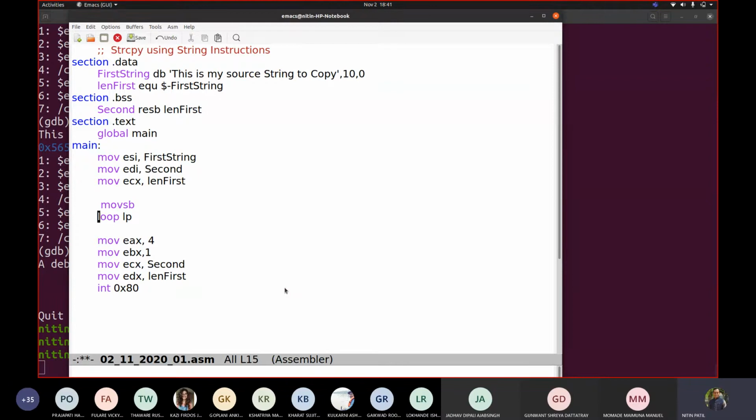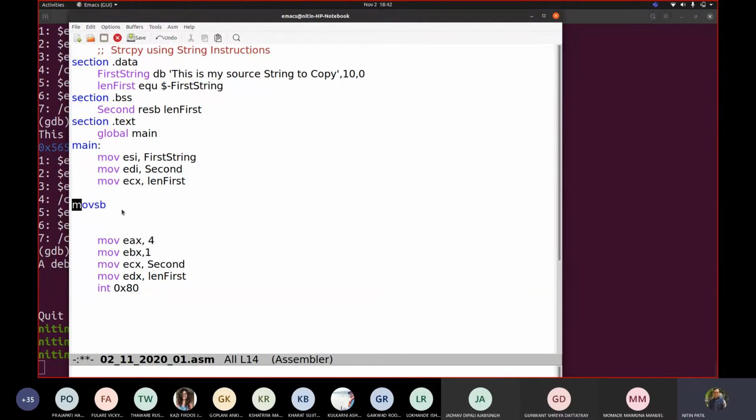Now what are the instructions that we have seen till date? In every program that we wrote in assembly, we have seen that on each line there is only one assembly instruction. Correct? One line, one instruction. We haven't written like this.